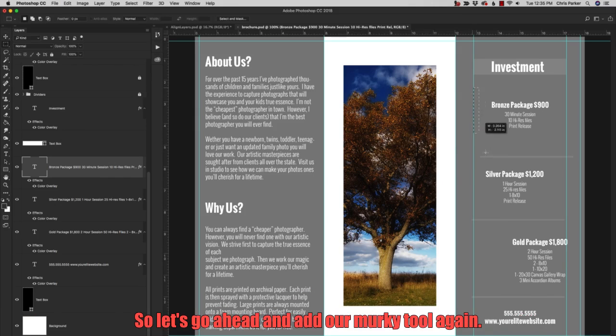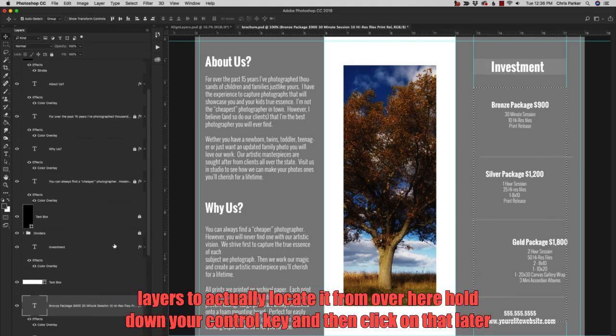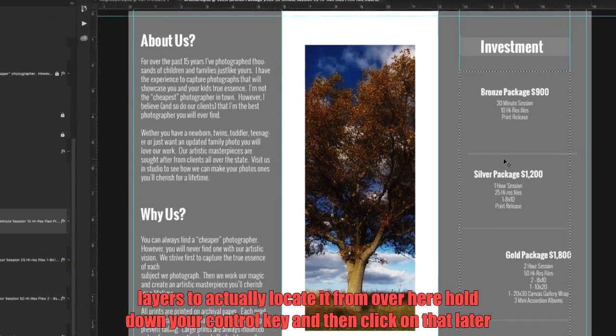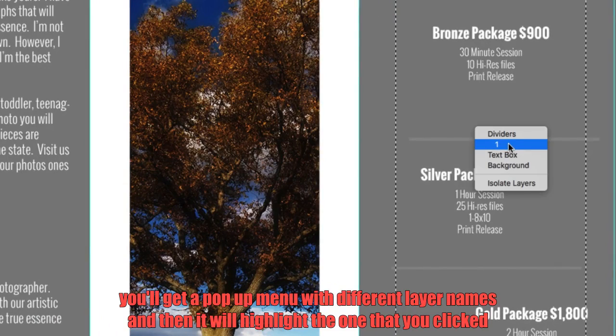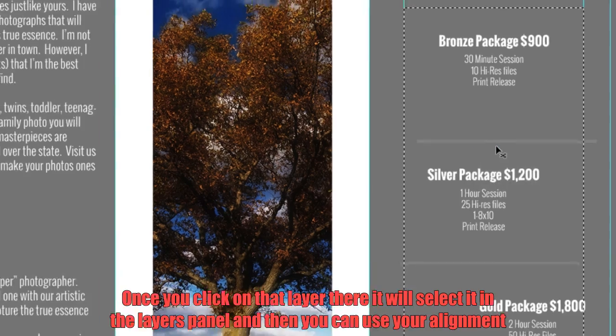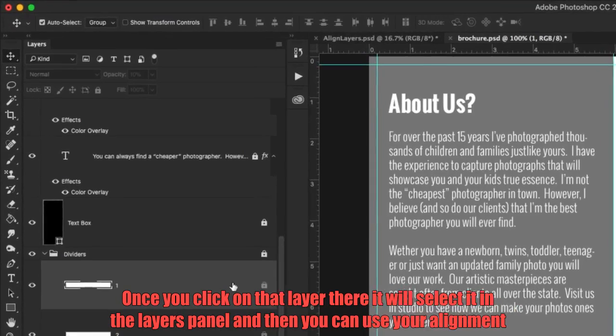So let's go ahead and add our marquee tool again. And then if you want to select the layers directly from the document, because maybe you have too many layers to actually locate it from over here, hold down your control key and then click on that layer. You'll get a pop-up menu with different layer names, and then it will highlight the one that you clicked on. Once you click on that layer there, it will select it in the layers panel, and then you can use